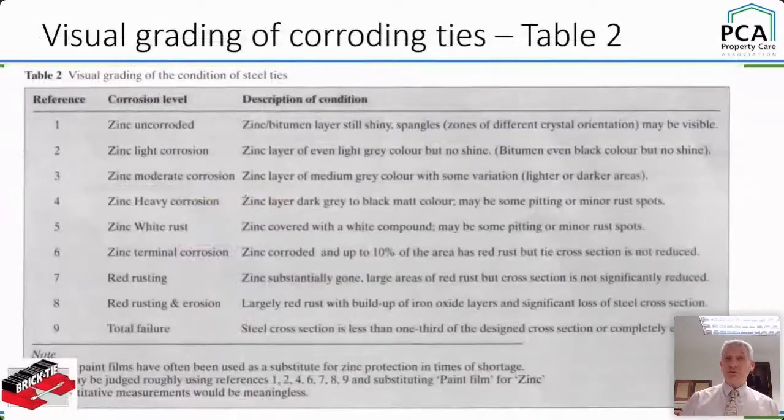So in that document, at last it gave us... It removes some of the subjectivity from wall tie corrosion because there's a table in there. Table 2 tells you how to go down and you find the description that most fits the tie you are looking at. There should be several ties, but the tie you're looking at. Number 1 being mint, perfect condition. Number 9, rusty as hell. Okay, so you've got 1 to 9.